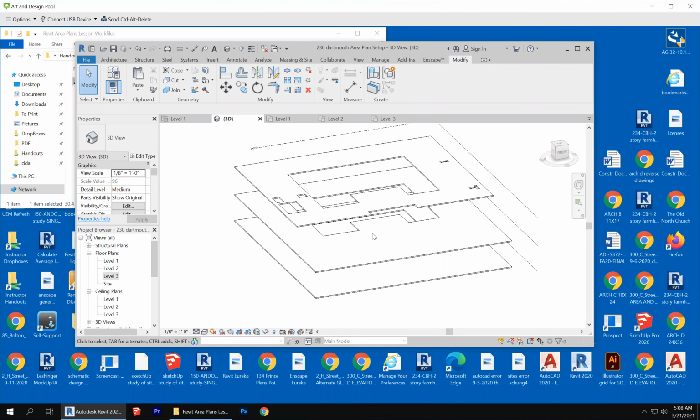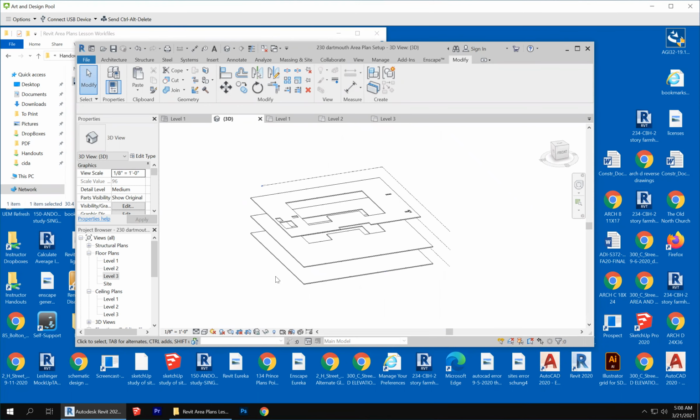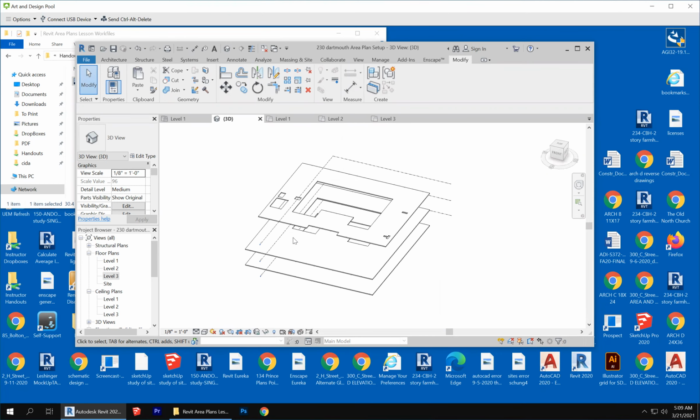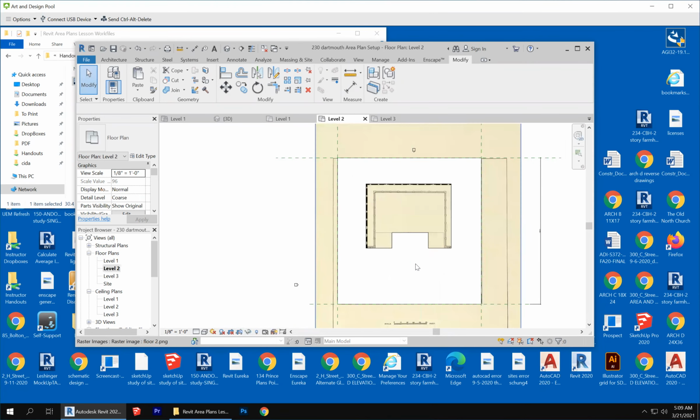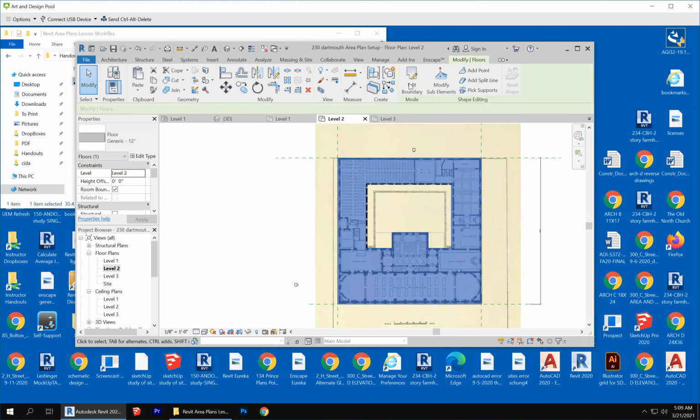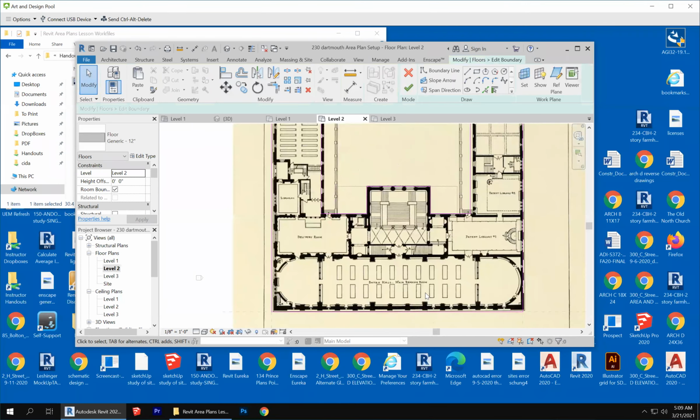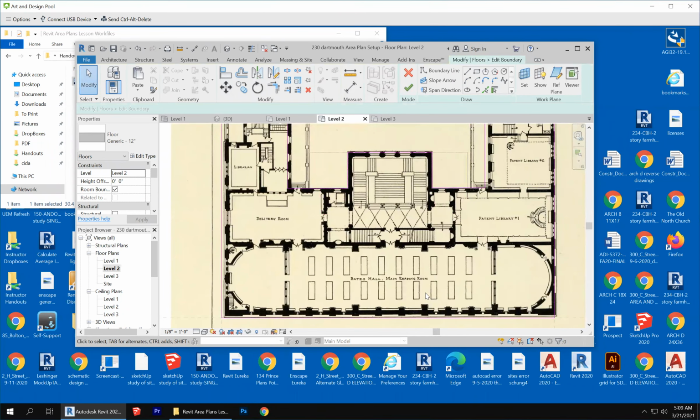I could do this, you know, the steps to the outside. Maybe we'll do that next. It's a way of thinking about the space that we have. We could refine, go back to level 2, select that floor and edit the boundary again, and now think about openings,